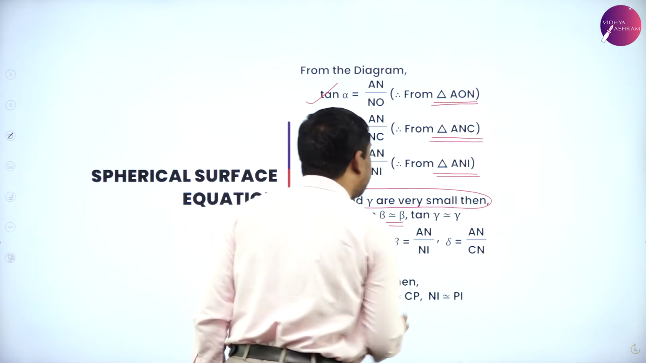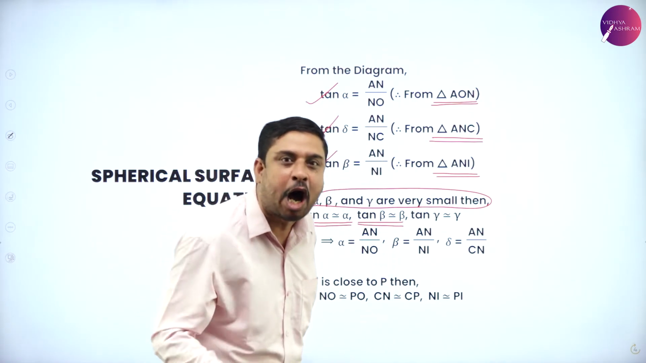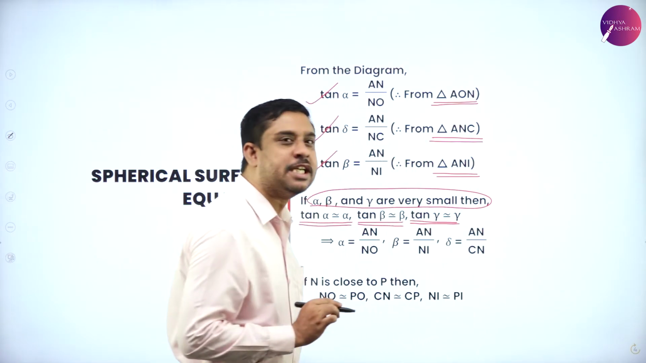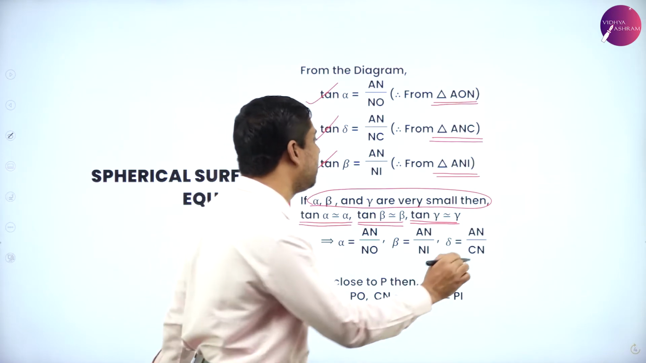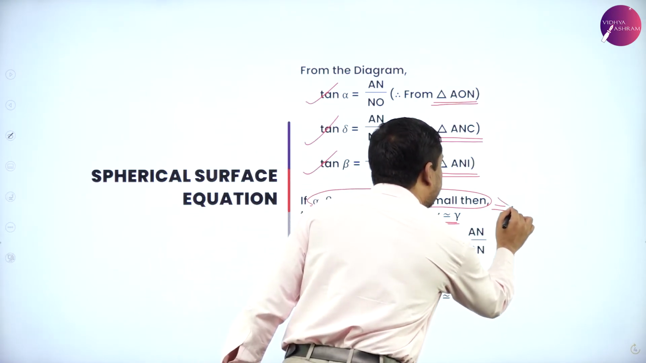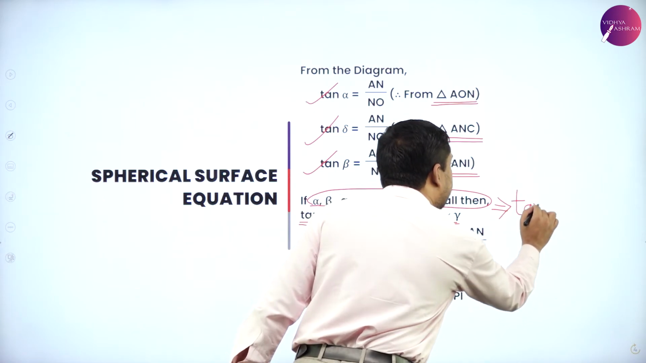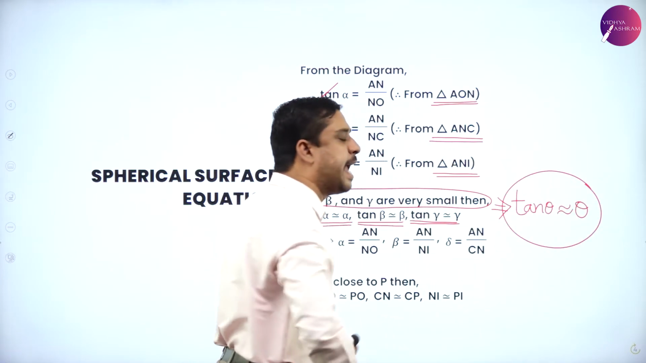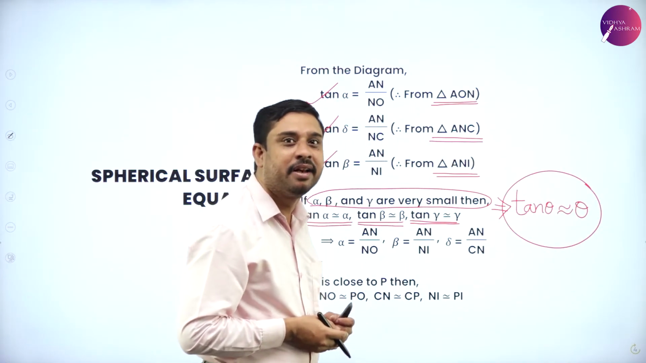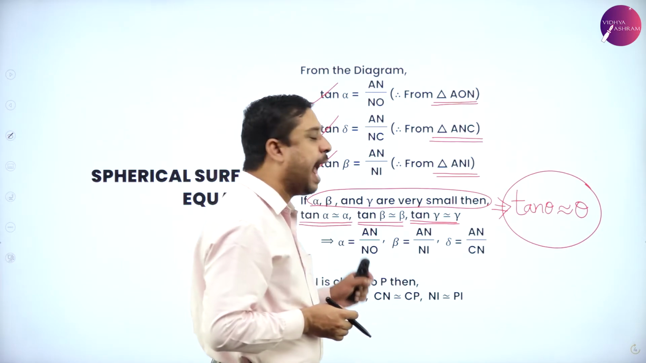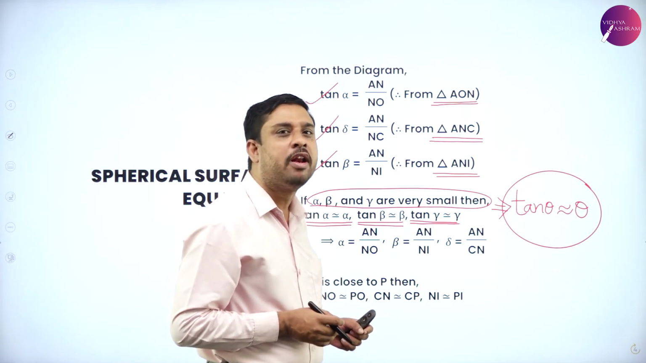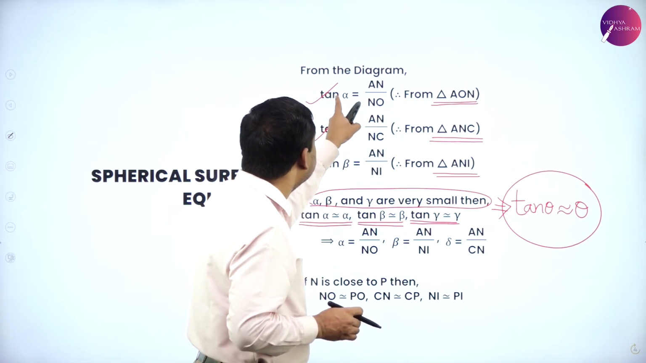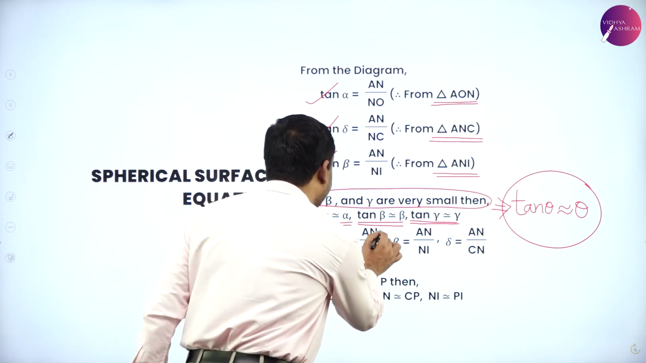Tan beta reduces to beta only. Tan gamma reduces to gamma. The implication is that under this condition, tan theta is approximately equal to theta, when I consider angles that are very, very small. Therefore, tan alpha has become alpha. So this becomes alpha equals